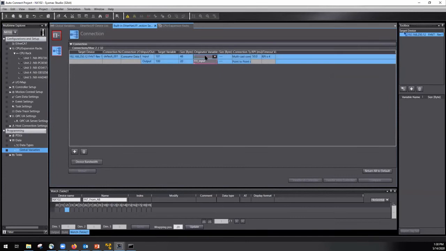So here it's auto-detected a variable of that size, FH input and FH output. So now I would transfer this to the controller, and I would now become the scanner class device in this communication setup. So I would be pulling data from the FH and writing data to the FH with these variables, FH input, FH output. Don't have one with me, unfortunately, so I can't demo it, but